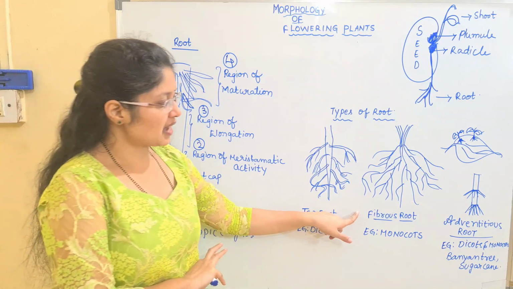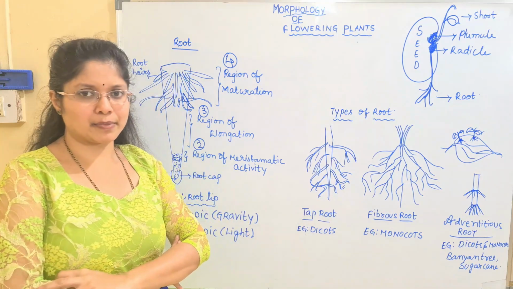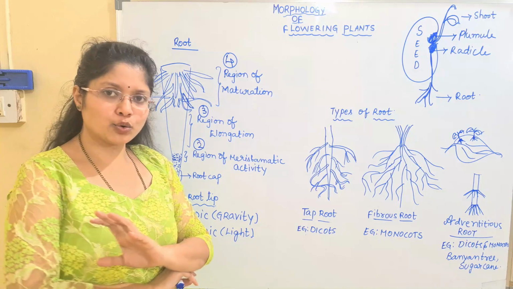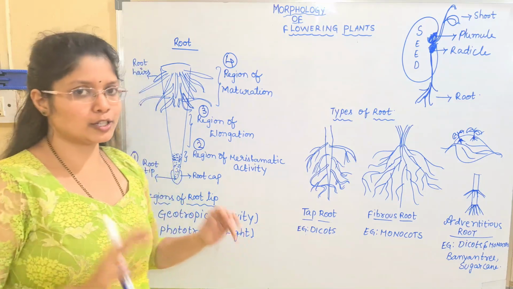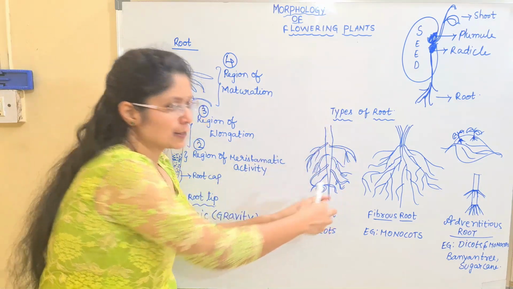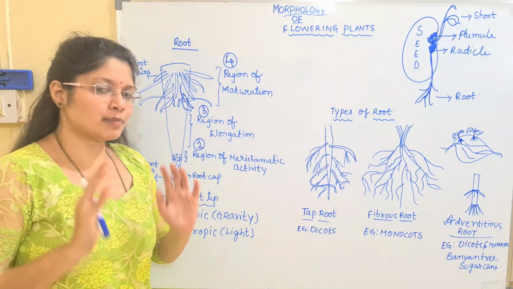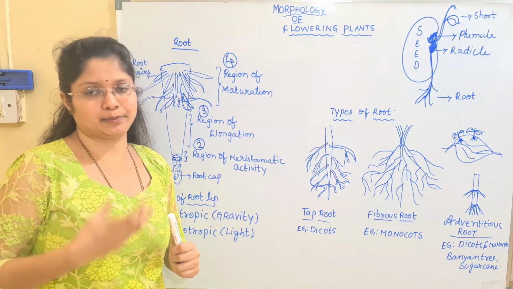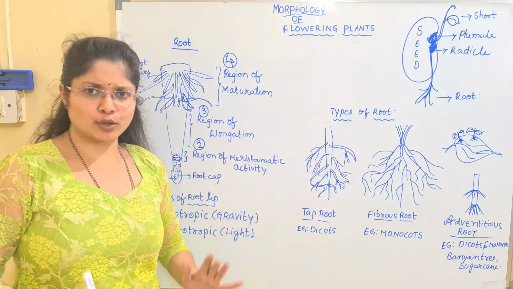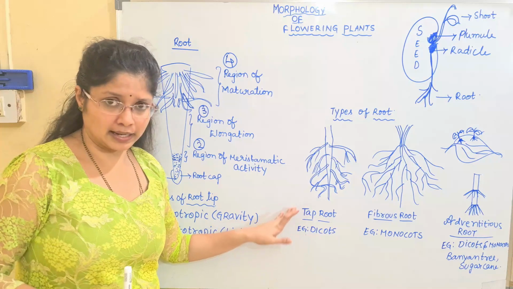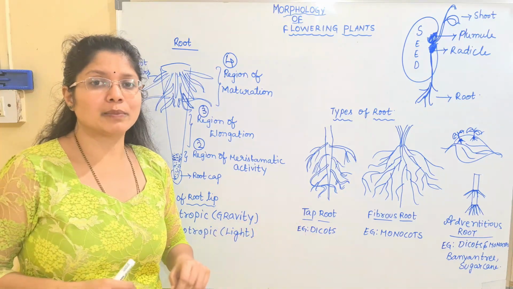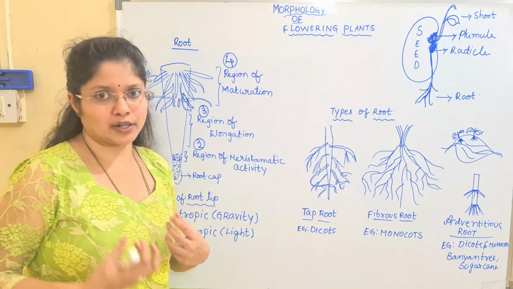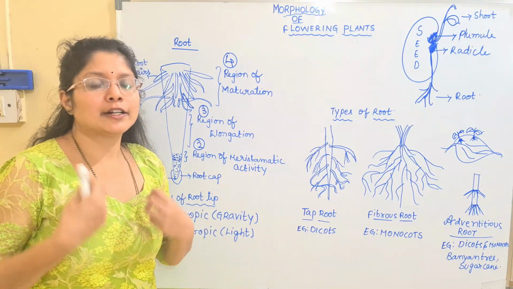Okay. Next we have the fibrous root system. What is the fibrous root system? Listen carefully. Here even the main root or primary root is produced. What is the primary root? The central axis is said to be the primary root. So this primary root is produced, and later it will die. Here the primary root is produced, same as in the taproot, but it will die early. Here it is ephemeral, meaning it will be short-lived, and later it will die.